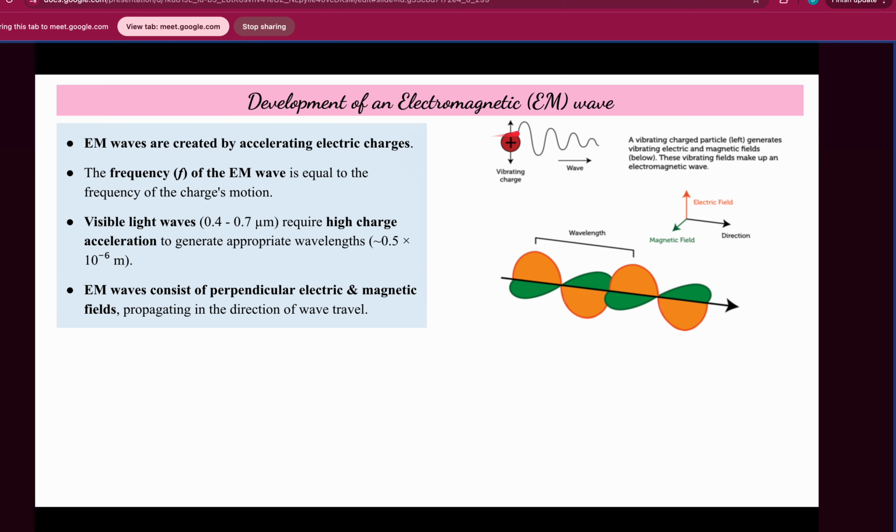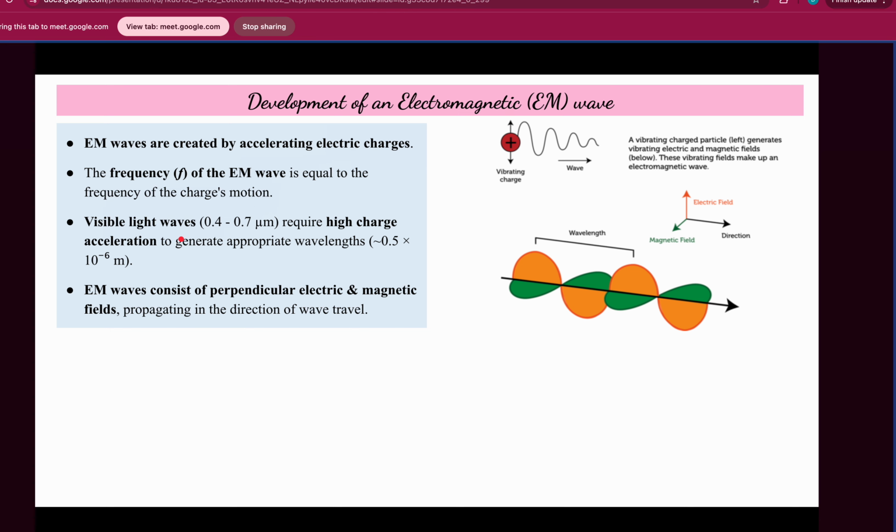Now, how to develop an electromagnetic wave? Electromagnetic waves are generated by accelerating electric charges. In this case, the electric charge accelerates in both upward and downward directions, and this is how this vibration leads to the generation of the wave. The frequency of the EM wave, the electromagnetic wave, is equal to the frequency of the charge's motion. So if the motion has a greater frequency, then the EM wave will also have the highest